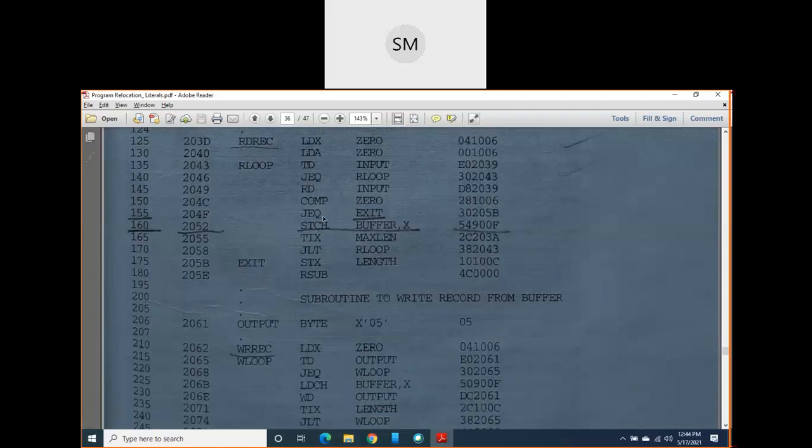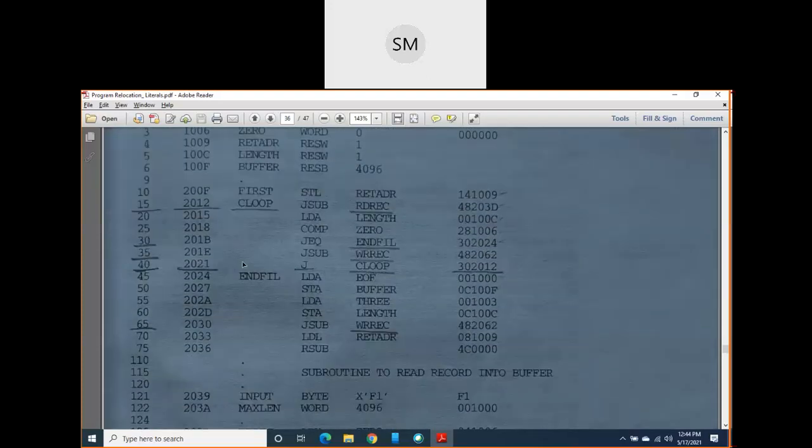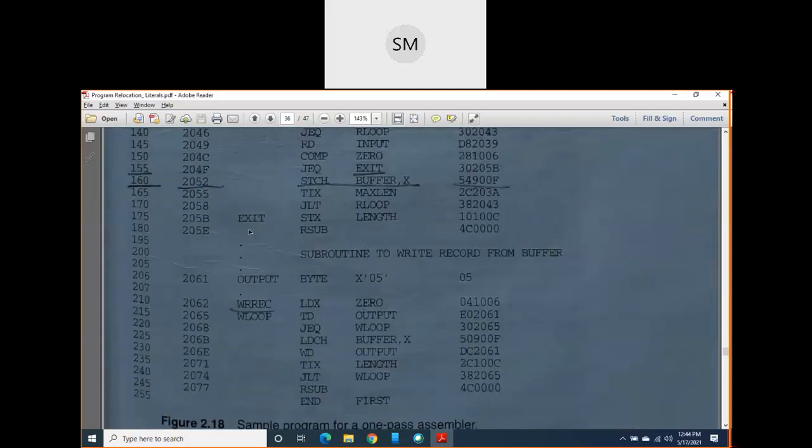Once again JEQ is there, and the operand is exit, and exit should be marked as undefined, because exit is not defined anywhere earlier. Exit is defined here in line number 175, but right now I am in line number 155. So exit, you should mark it as undefined. So for that, you will write only 30. The remaining digits, you will keep as a dash.